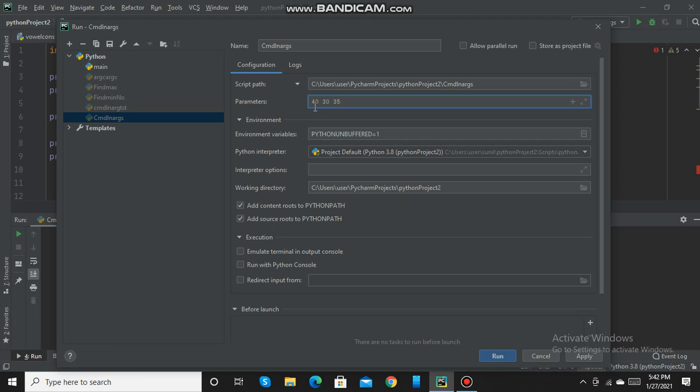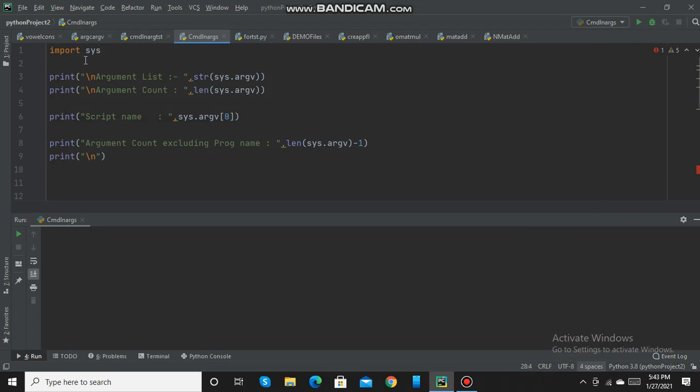So I have given three parameters, 40, 30 and 35, delimited by spaces. That means in between the arguments you should have one space. Then I'm clicking the Apply button and Close.